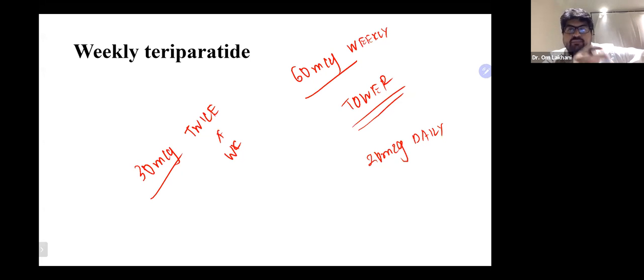That's the interesting part, right? So I think this is the interesting aspect of the entire study. So you can use weekly dosing. And typically, if you're using the same pen, remember, it's an insulin type pen. Instead of 8 units, you use 24 units. Simple, right? You have to prick only once, but you have to give 3 times more dose. So you use 24 units instead of 8 units.